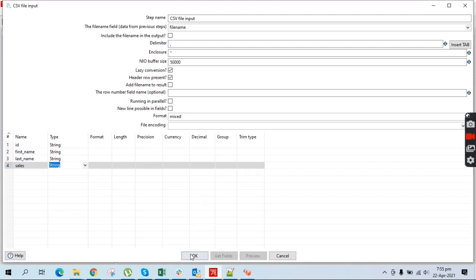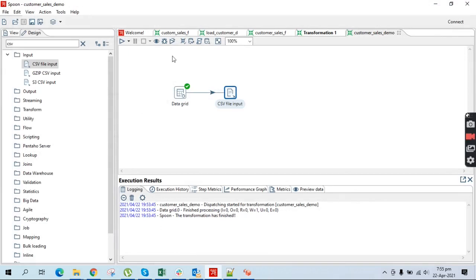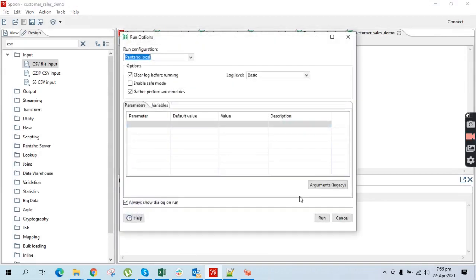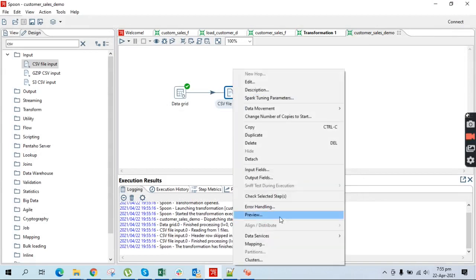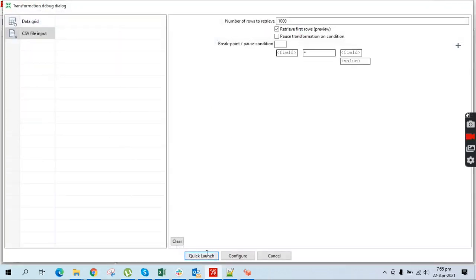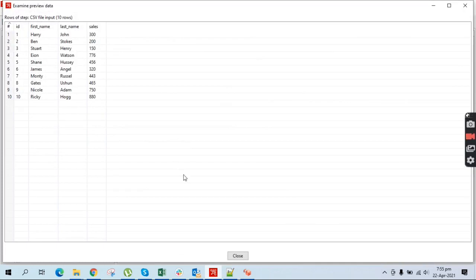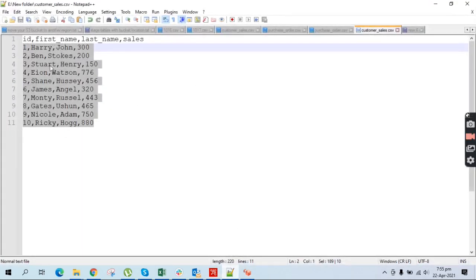Then we will press OK. Then we will again run this transformation, and we will check what the input of this component is. So here you can see that we have input data: 1 Harry John, and 10 Ricky Hog 88.